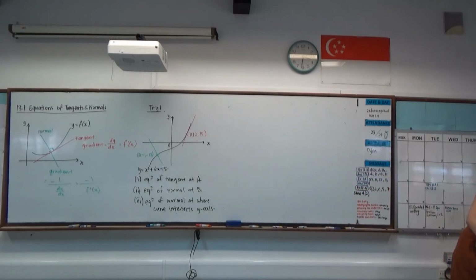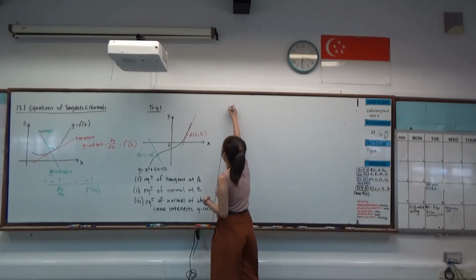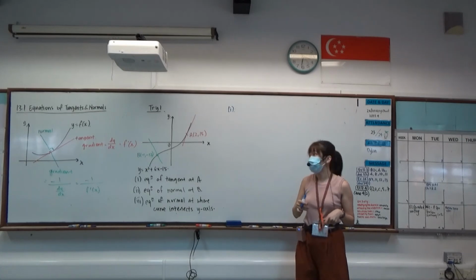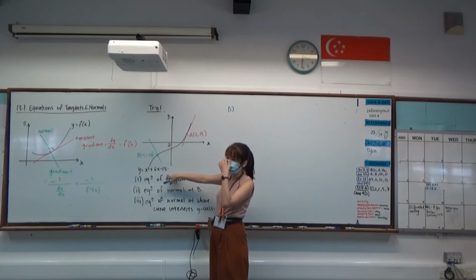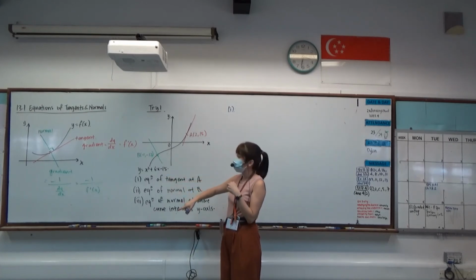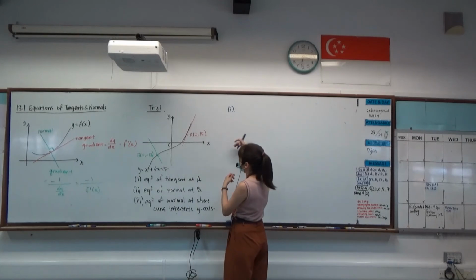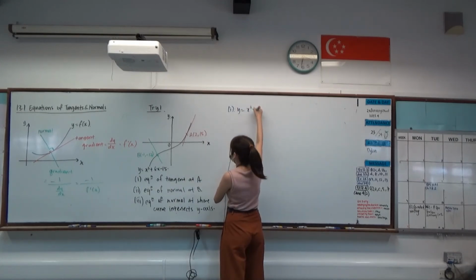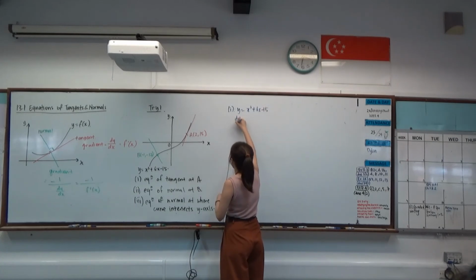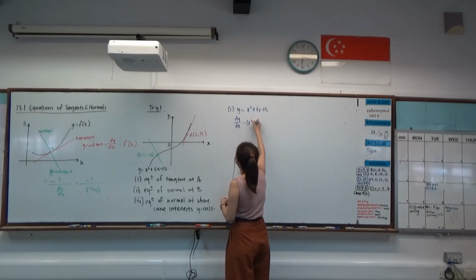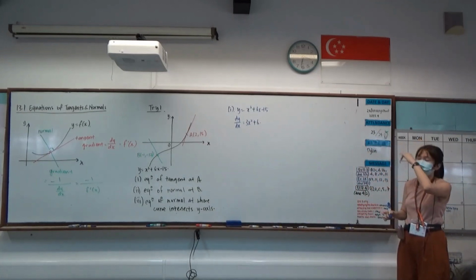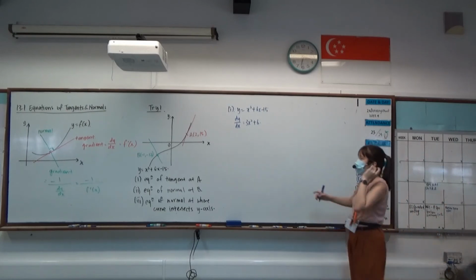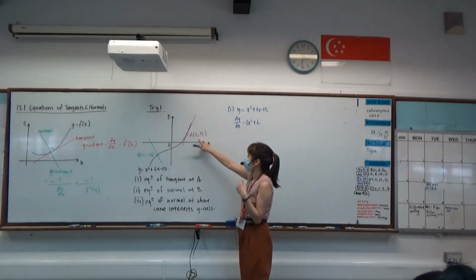Okay, I think I probably only can do part 1 and maybe part 2 today. So let's look at part 1 first, where we want to find the equation of the tangent at A. Since we're given the equation of the curve, I can do my differentiation to determine the gradient of the tangents on the curve itself. So the gradient of any tangent found on the curve will fulfill this equation. At the point A,